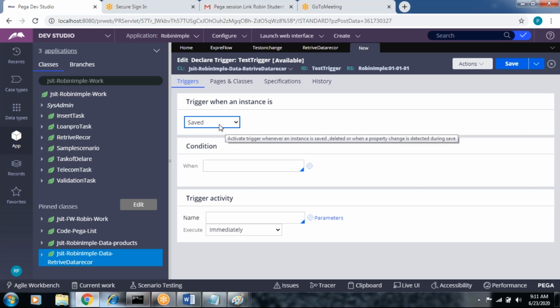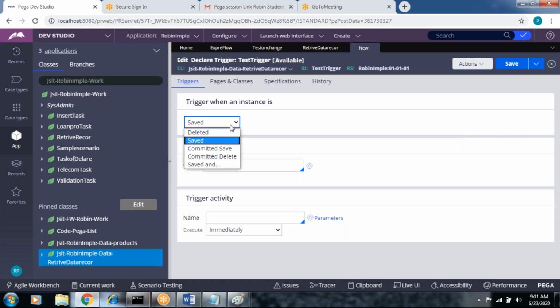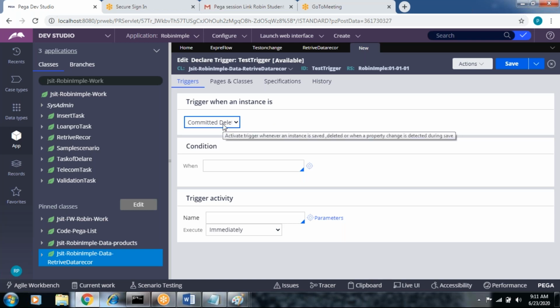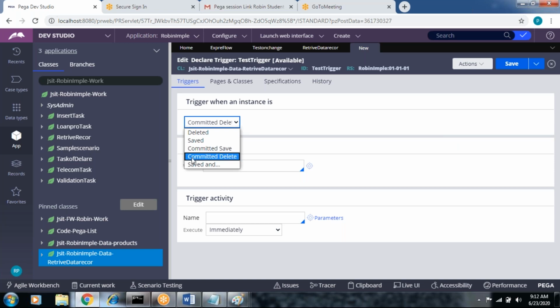The same applies to delete. In the same way, we have a commit method inside the obj delete method. If we use the commit, that is a committed delete. If you uncheck the commit checkbox, that is just a delete.